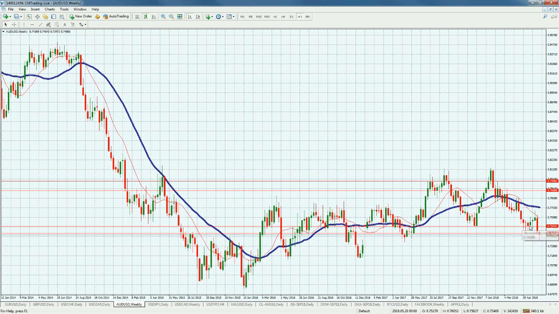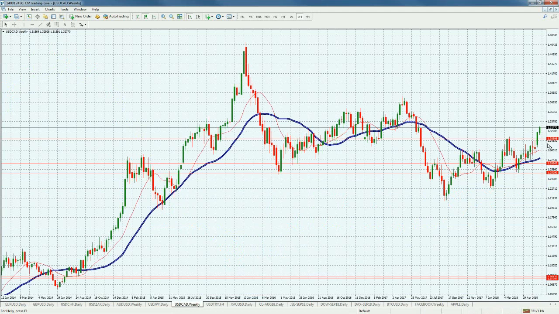Now, if we continue to sell off, sure enough, we could get back to the 71-ish level. I don't think that's going to be the case. I think we're going to be just trading between the 74-ish level and 75.90-ish level. Just between these two levels for now. Looking at the USD CAD, we broke this 130 earlier in this week, and this is another one that's getting much weaker versus the dollar.